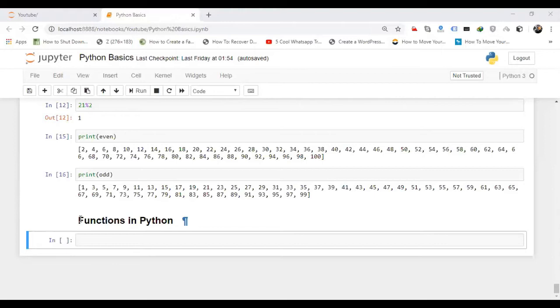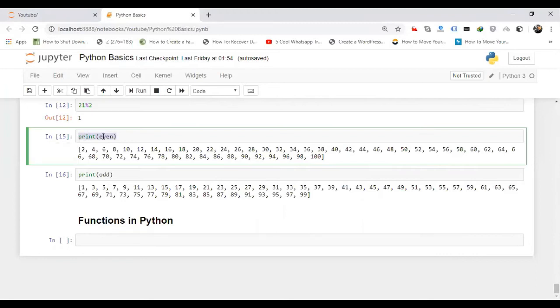So what are functions basically? Functions are used if I want to execute the same command many times, or at different places, like in a different Python file or different lines of code. So we can make a function and simply call that function. Like here we have written print. That means print is a type of function which is printing our data. So this is also a type of function.